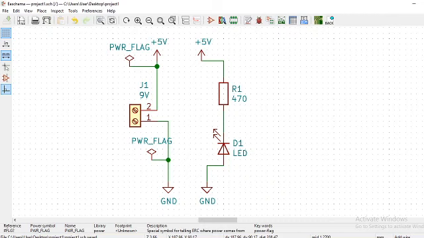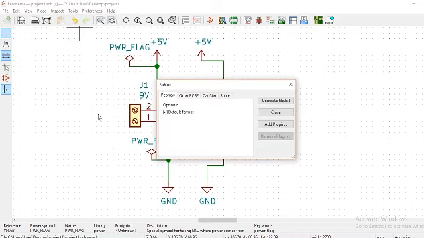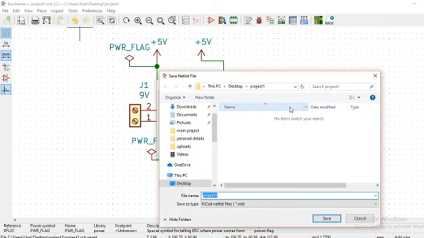We can now create a netlist file to which we will add the footprint of each component. In order to create the netlist file, click Tools, select the Generate Netlist File option, and click the Generate Netlist button here, and save under the default file name.